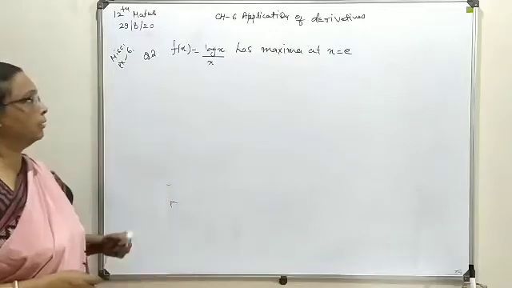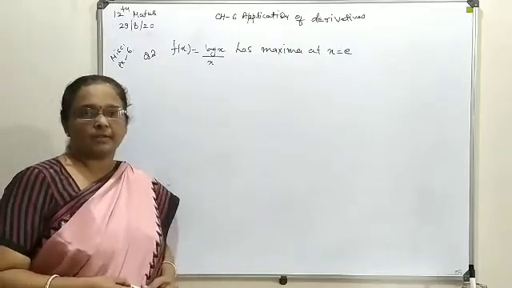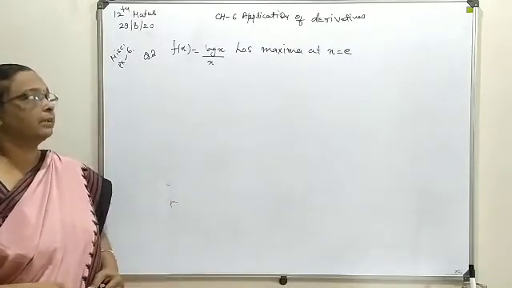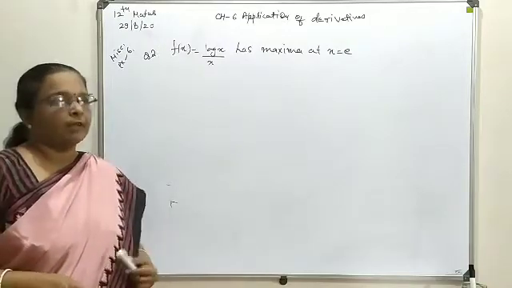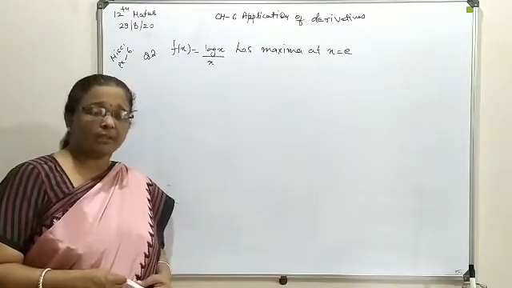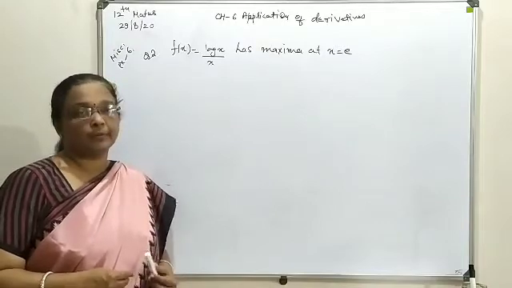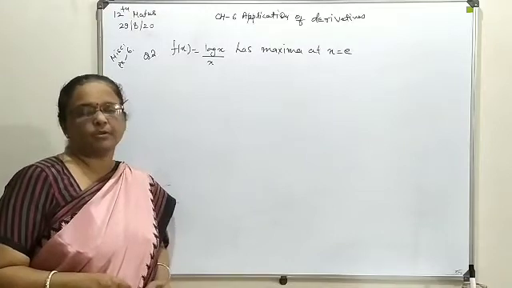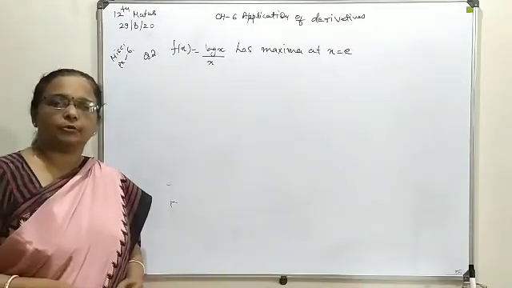In order to do that, we are going to start with the second question, in which f(x) is given as log x upon x, and you have to show that it has a maximum value at x equal to e. When there is talk of maxima and minima, you will go for evaluation of local maxima and minima at a particular point, because no interval or range is given here. So the process of evaluation of maxima and minima will remain the same as what we have discussed up to now.